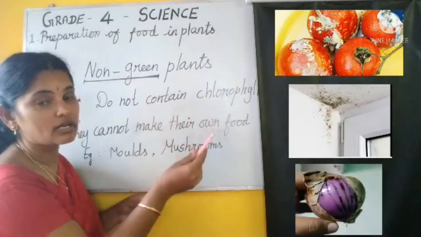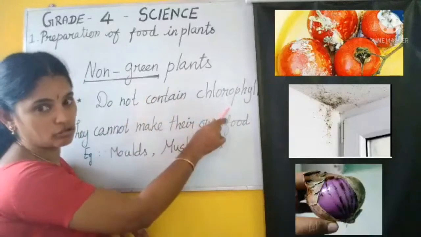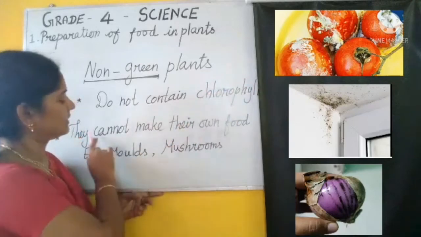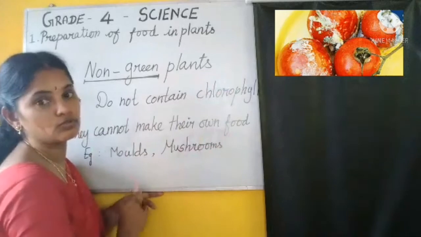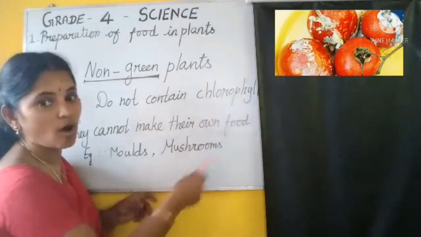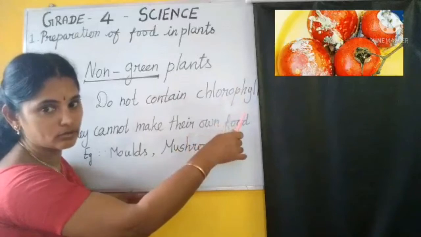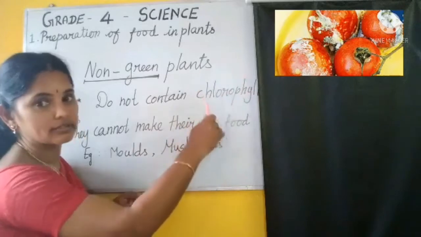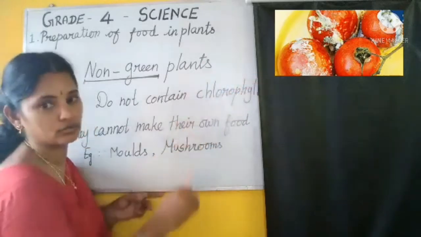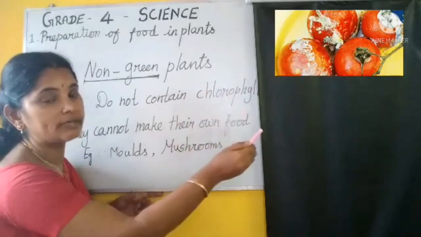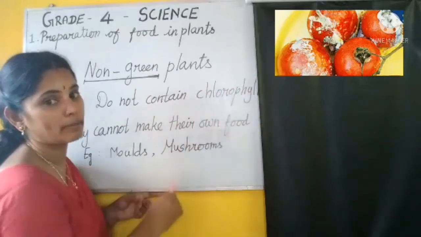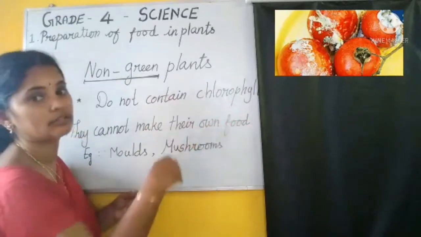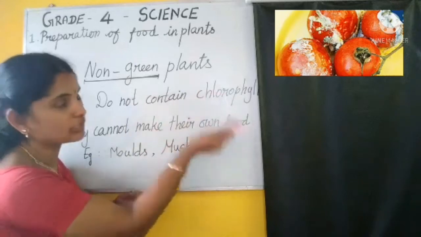So here these molds do not contain chlorophyll. That's why they look white or black in color. They cannot make their own food. So they are growing on the organic matter. Food particles only they are growing, no? So the decaying matter, அழுகி போறதுக்கு மேல வளர்றதுனால அந்த பொருளோட சத்தை இது எடுத்துக்கும். So they grow on dead and decaying organic matter. They take the food from that organic matter. அதுல இருந்து food எடுத்துட்டு இது வளர்ந்துரும்.